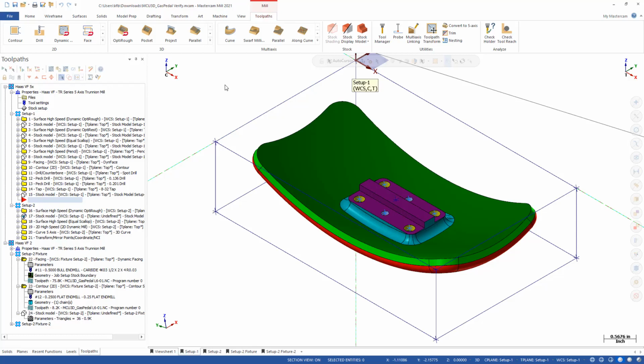Before we begin, let's go through and review this part to see what we have to work with as far as stock models and toolpaths and the various setups. The part I have opened is called MCU3D Gas Pedal Verify. And as you can tell, we have a bunch of view sheets along the bottom,